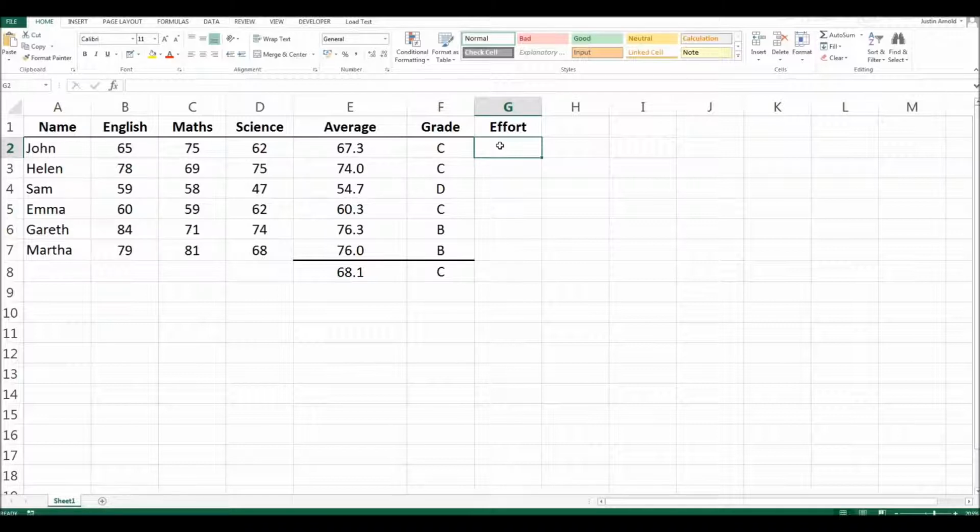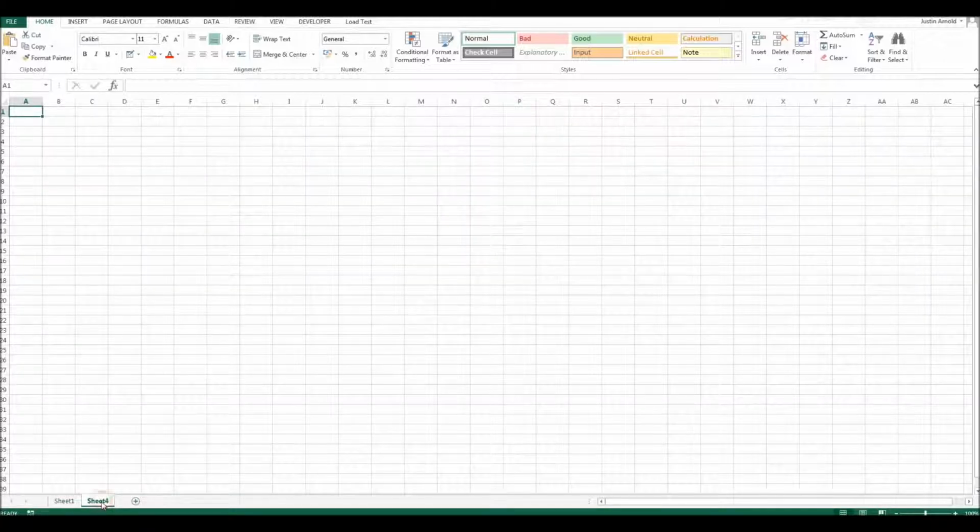Well, first of all, we need to create a list of the options. We can do that anywhere on this spreadsheet, but I like to add my lists to a second sheet that is specifically for that purpose. So at the bottom here where I have my sheet tabs, I'm going to add another tab and I'm going to rename that lists,